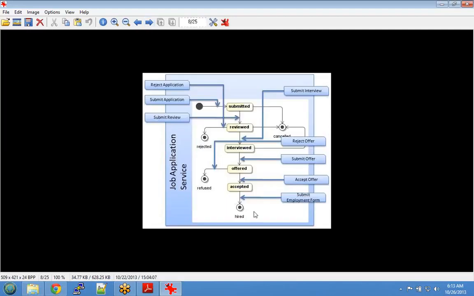The same diagram again in a different way here. You submit an application. Once it is submitted, it gets reviewed. After it gets reviewed, you get interviewed. After you are through with the interview, you will be offered. If you are offered a job, you accept it, then finally you are hired. So this is another flowchart that could be converted into a paper,